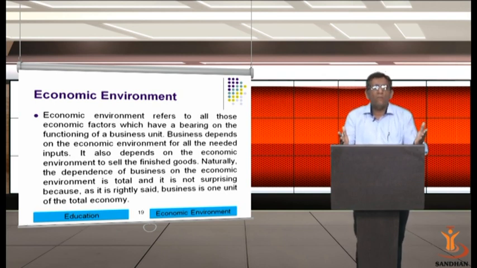It can be factors like the economy of the country, economic policies of the country, economic systems of the country. So when we are defining economic factors, it means all those factors which have economic consequences on the business are part of the economic environment. I repeat, economic environment refers to all those economic factors which have a bearing on the functioning of a business